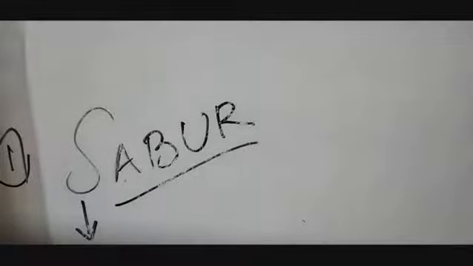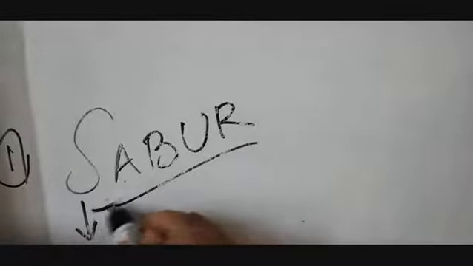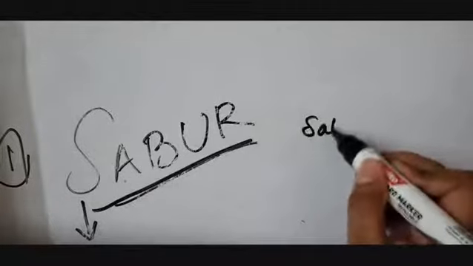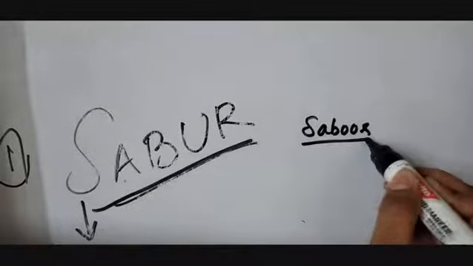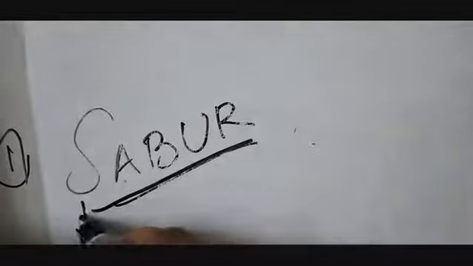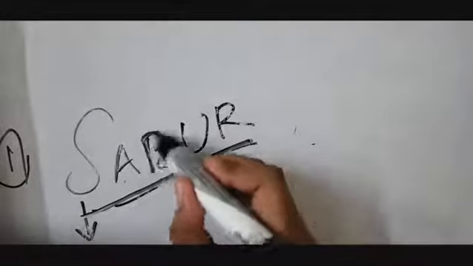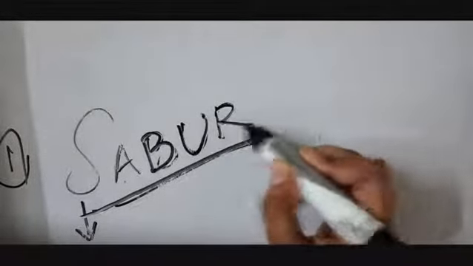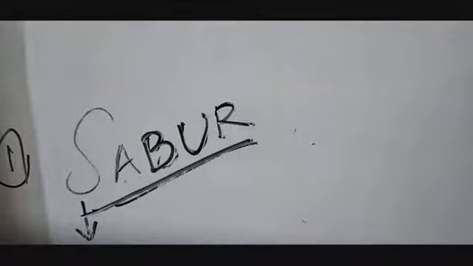Before going to today's topic, the axillary artery, you should remember this mnemonic, namely SABUR. I know the actual spelling is different, but here you should remember it as S-A-B-U-R. If we take the upper limb, there are 5 main blood vessels.